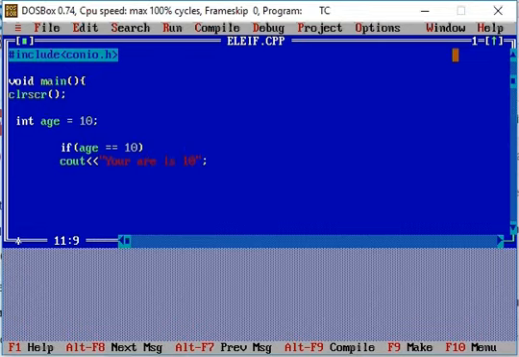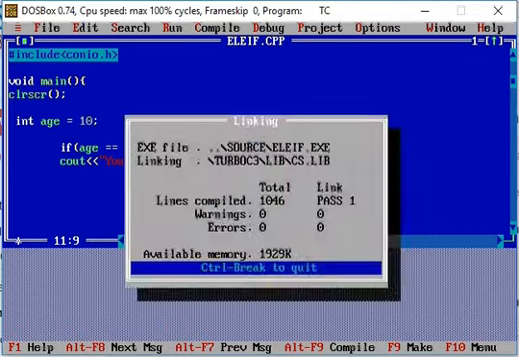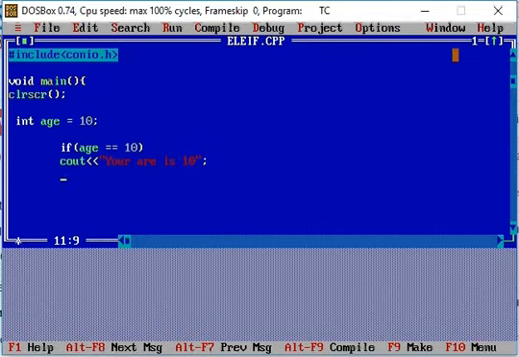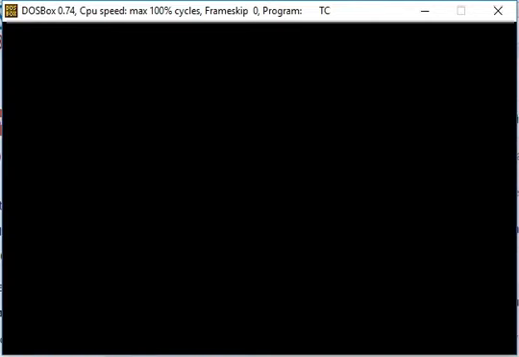In this condition we have only one way: if the condition is true then the output will be printed on the screen, and if the condition is false, for example age is 12, now 12 is not equal to 10, this line will only execute if the condition is true, otherwise it won't show the output. So you can see the screen is blank and nothing is printed on the screen,